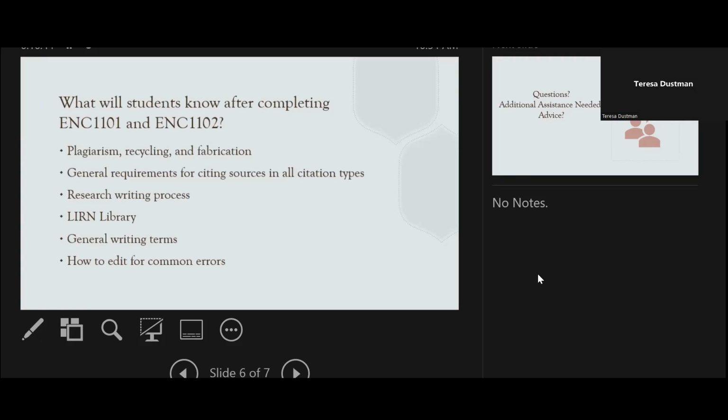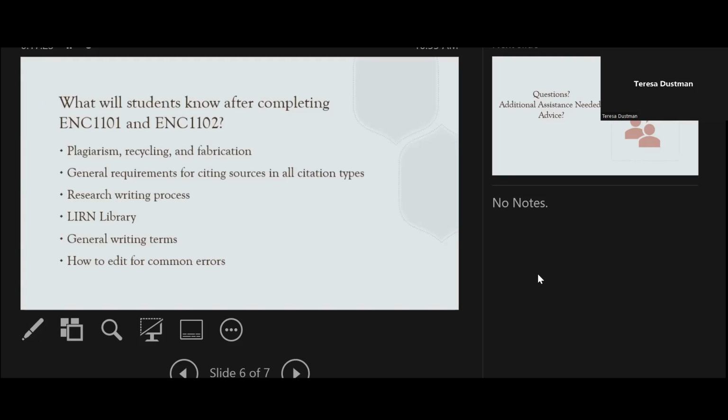They will know that parenthetical citations need to be within the paper, and there needs to be a works cited page at the end. They will know that MLA does not require a cover sheet, but if their professor asks for one, they have to give that cover sheet. The Learn library, they will know about that. I usually start with the Learn library. They will also know that if Learn doesn't have it, they could go to Google Scholar, JSTOR, or EBSCO. There are other alternatives for the scholarly research that they need.